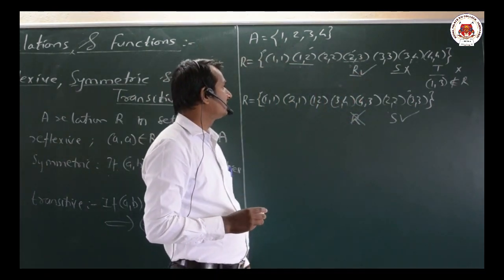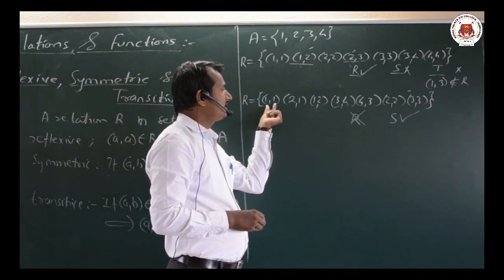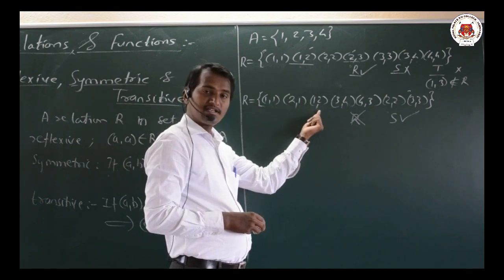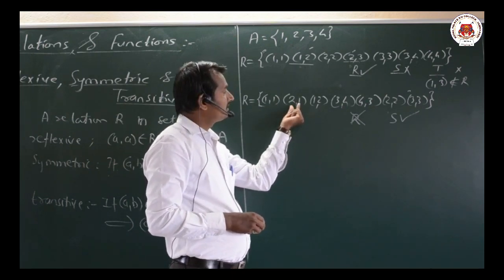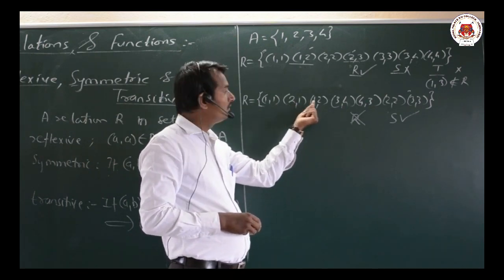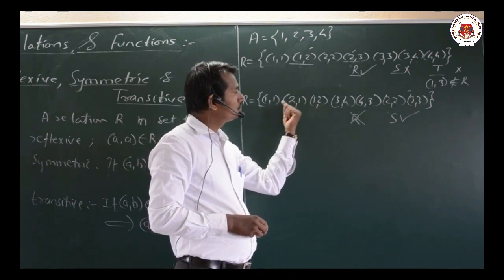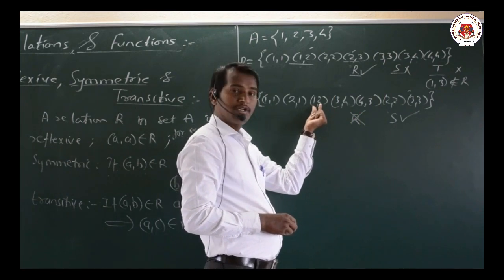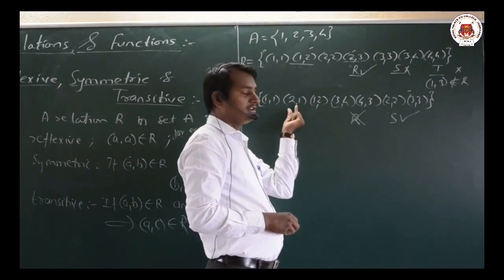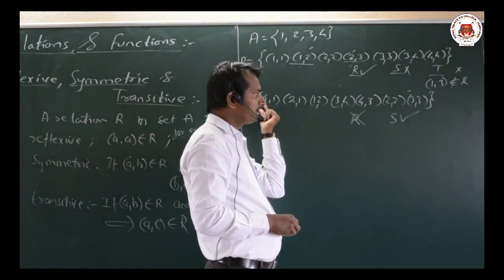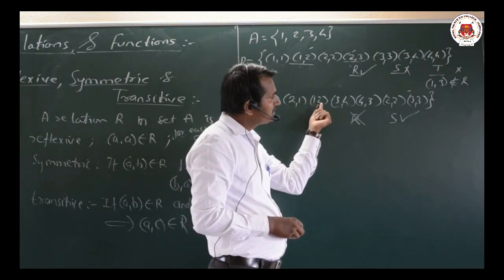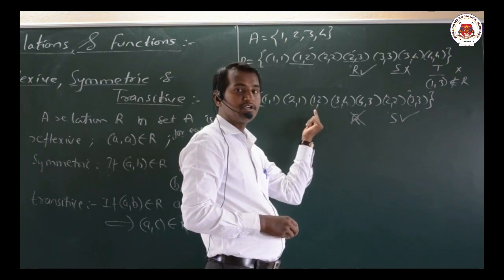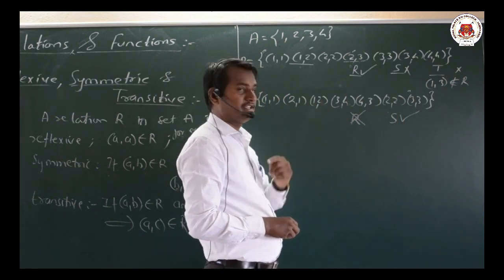Next comes transitive. Transitive means what here? Again, (1,1) is there, anything starting with 1: (1,2), that means (1,2) we should have, that is present here. Next (2,1) is there, anything starting with 1 here, (1,2) is there, therefore we should have (2,2). (2,2) is also present. Then (1,2), anything starting with 2 here, we are having (2,1), that means (1,1) is also there. Similarly, anything starting with 2, (2,2) is there, therefore (1,2) is also here. Therefore it is transitive.